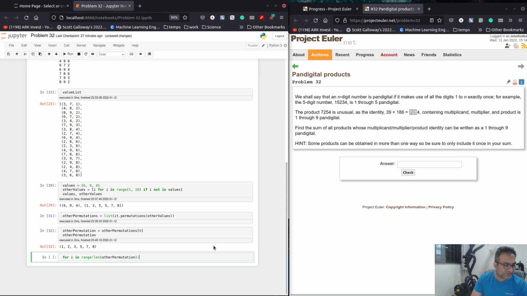Permutation like that, and for j in i plus 1 to the same, and I'll do plus 1, okay, and we want to say group 1 is other permutation all the way to i, and